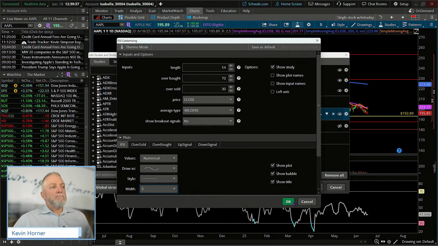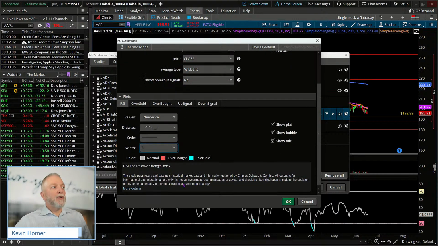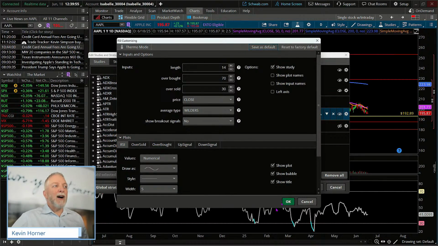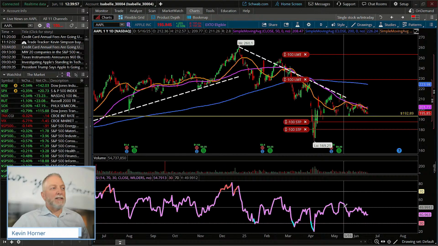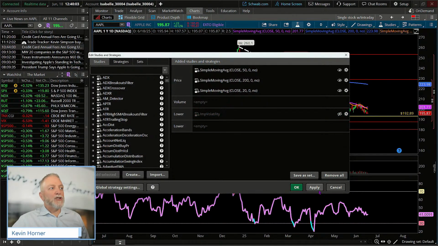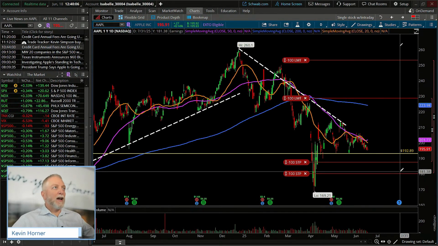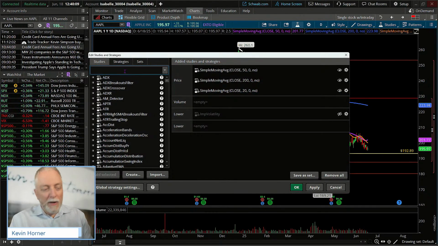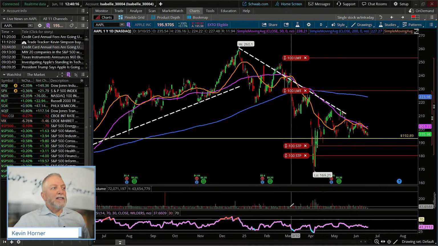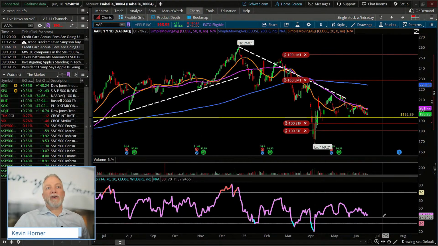Now, if you wanted, every time you load RSI, to default to your color, let's say you want it to be purple and you want it to be the nice thick 5, just save it as a default, and then every time you reload it, guess what? It's going to come up in those new details. So if I go in here and remove it entirely, it's off the chart, right? No more RSI. Go back in, and now I'm going to have to reload RSI. Double click. There it is again. Hit apply. And the details that I had saved as my default, now it launches the way that I want it every single time.